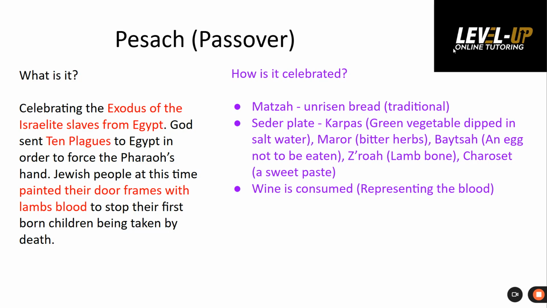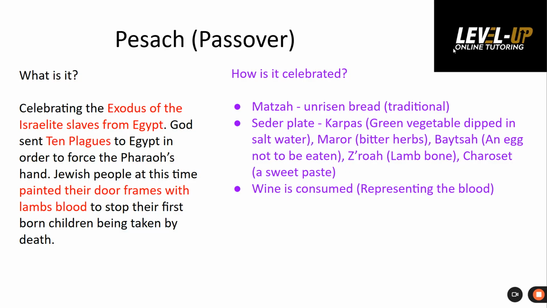Now, during this time, they will celebrate this by having a very special ritual platter that they will create. Now, one of the things they will eat is a matzah, which is quite literally an unrisen bread. Now, if we think about the time when these slaves were preparing to leave to go on this mass exodus, they wouldn't have had time to make bread in the way that we would potentially recognize it today. So they didn't have time for the yeast to activate. So a lot of their bread would be very, very flat. So the matzah is something that is still eaten today to remember the fact these are people who rushed out of their homes to escape from slavery, to live a new free life.